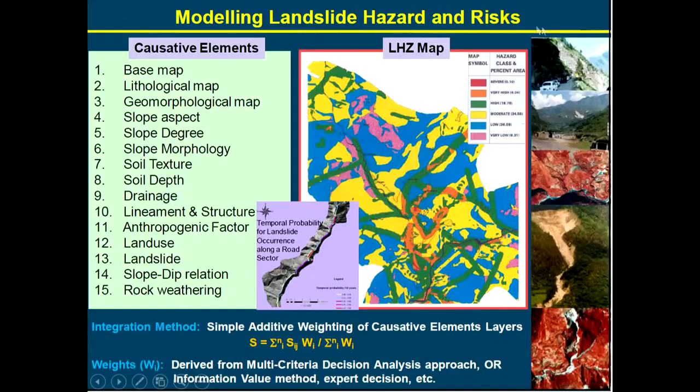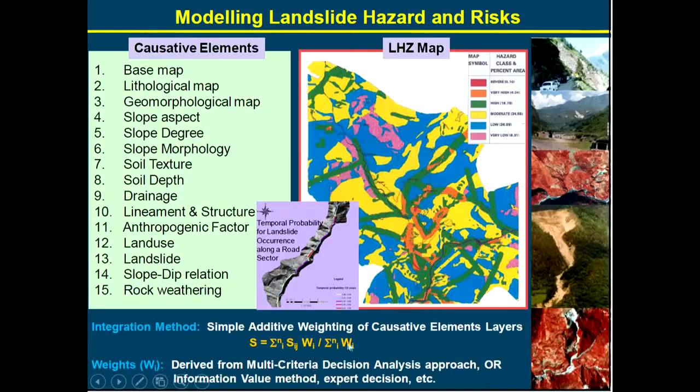Modeling landslide hazard and risk, this is another application. Now these are some of the different layers, around 15 layers have been used and this particular map was created. If you see it here, the concept is very simple. Simple additive weighting. You assign weight to all these layers and once weights are assigned, you multiply weight by the values behind these layers and then simply add them.